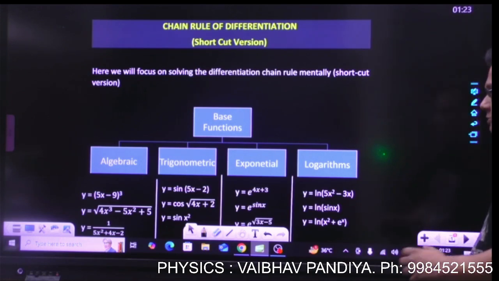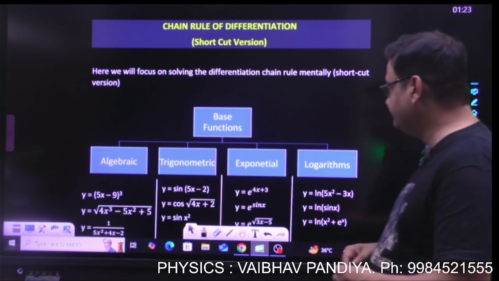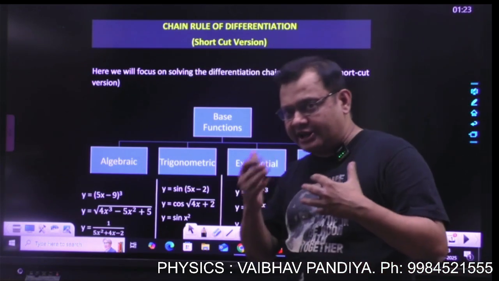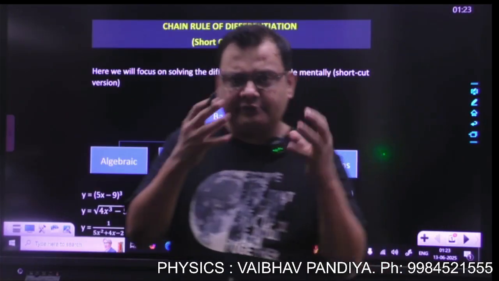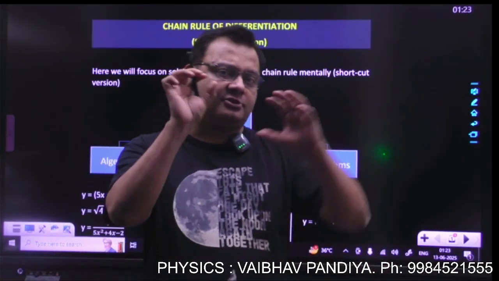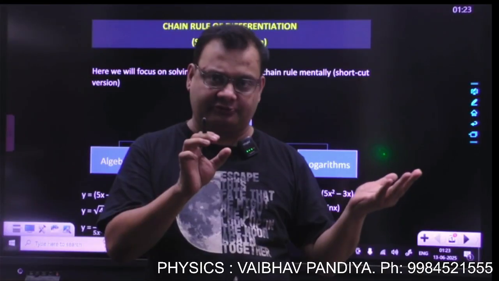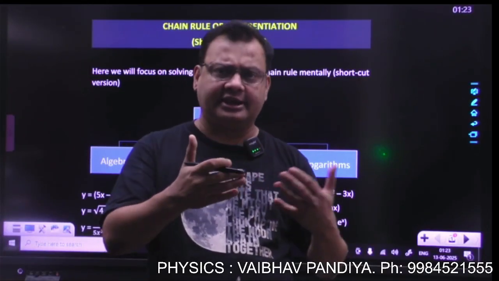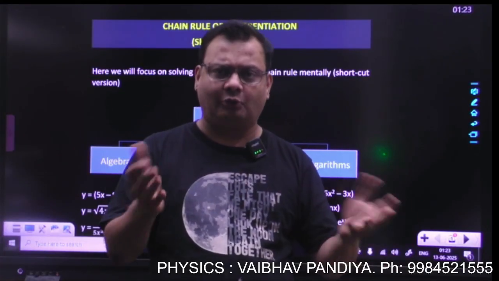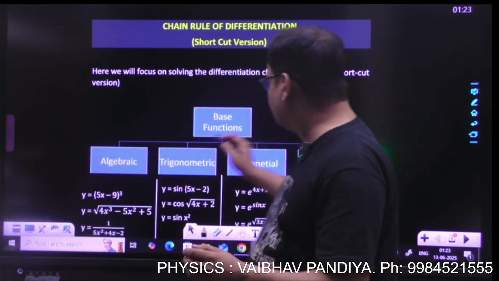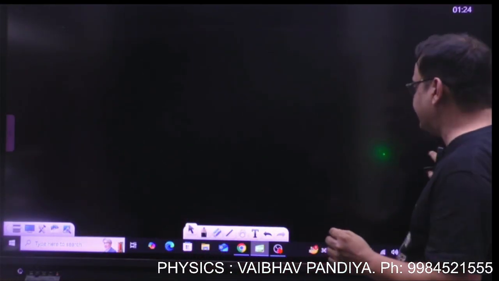Now let's see the roadmap, how we will proceed in the present lecture. While applying the chain rule, we will identify the base function. What is the base function and what is the argument of the base function? As you proceed in the lecture, you will come to know more clearly what I mean by base function. So we'll see different types of base functions, like